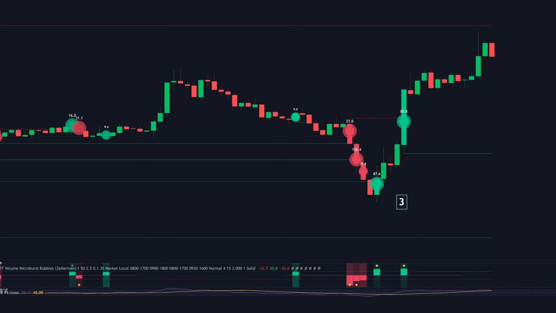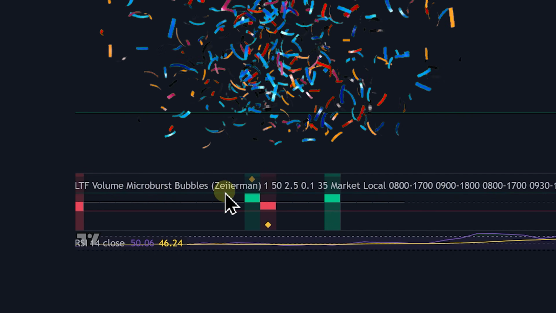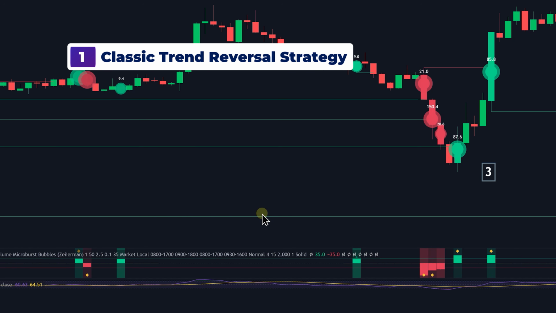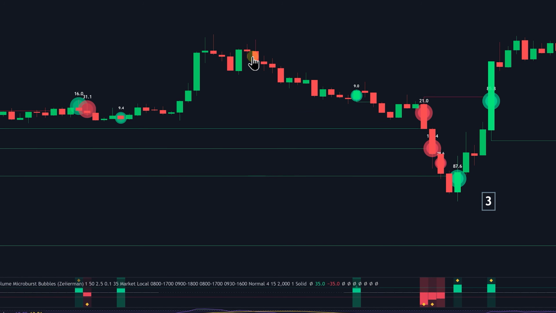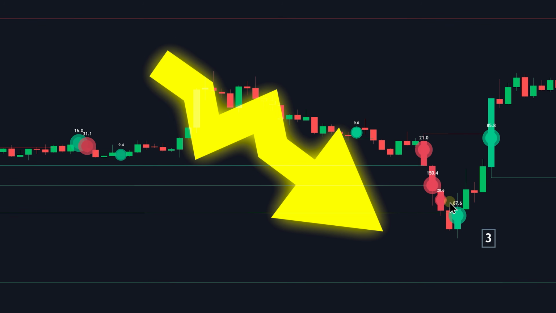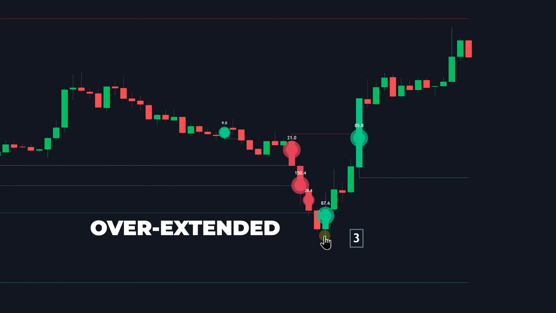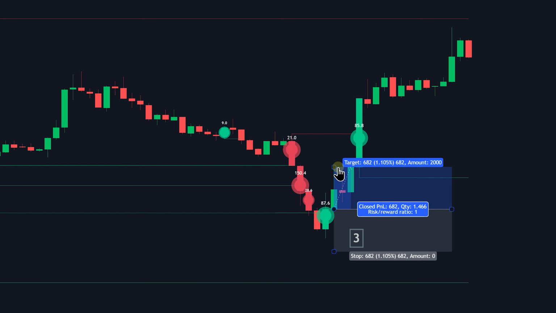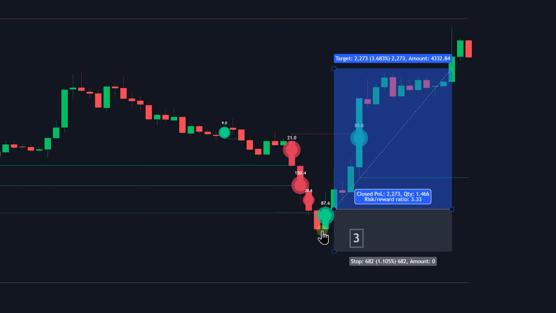With this indicator, you can craft over 3 trading strategies. We're just gonna cover the 3 strategies that I came up with. The first one is the classic trend reversal strategy. Here we had a bearish trend, and then the market became overextended to the downside. The indicator printed a signal for a bullish reversal, and as you can see, the market did indeed move upward